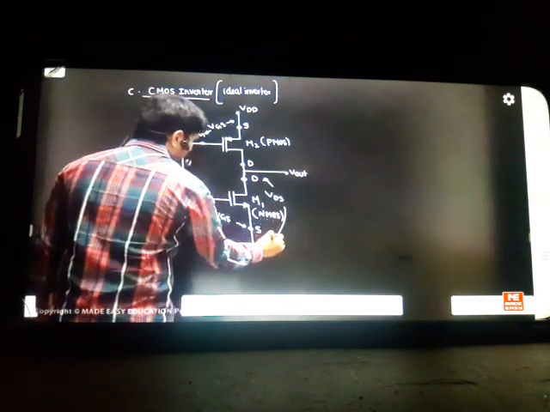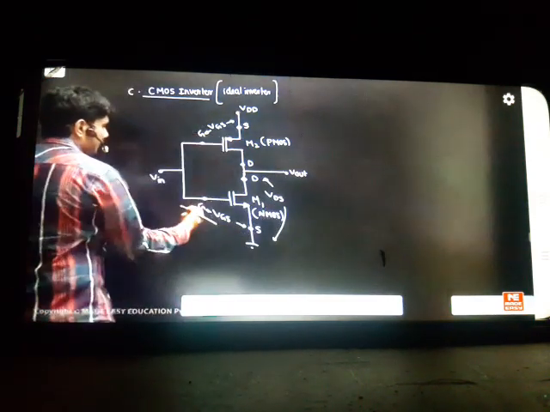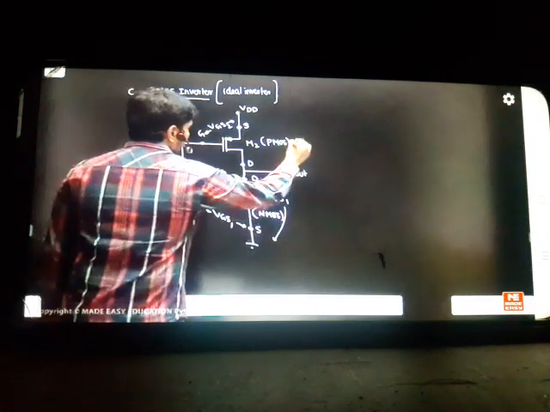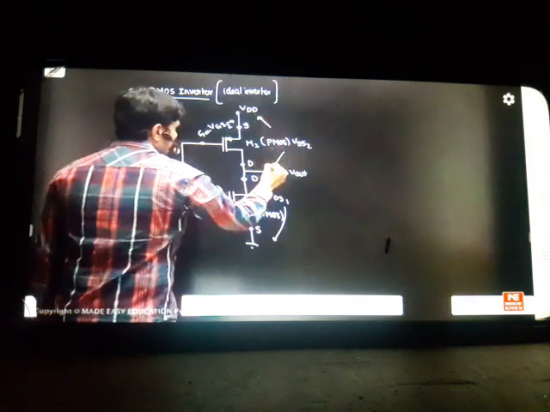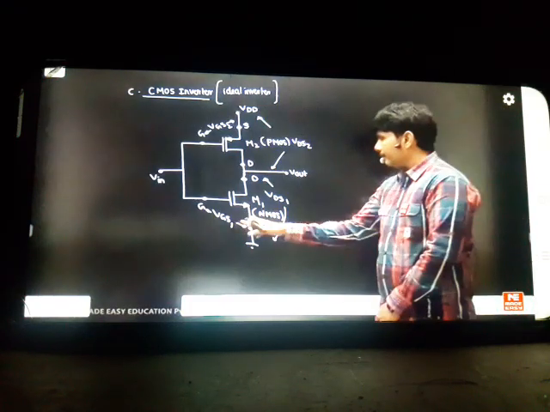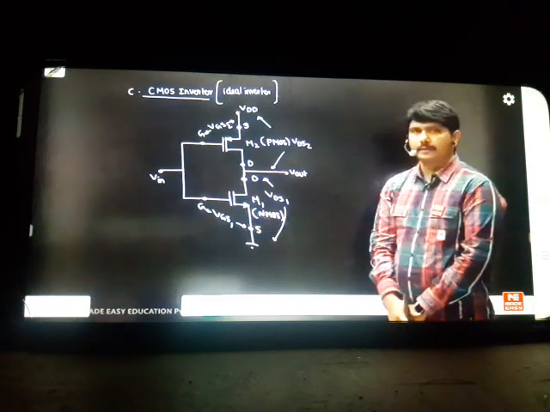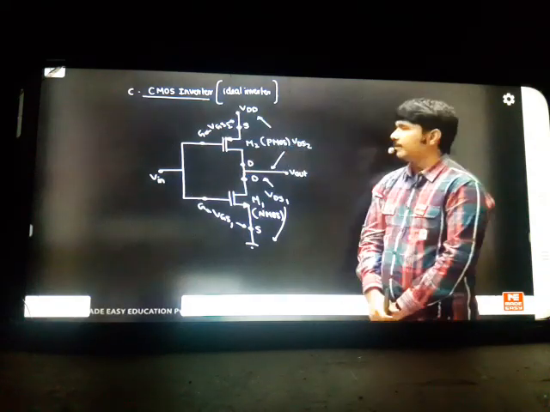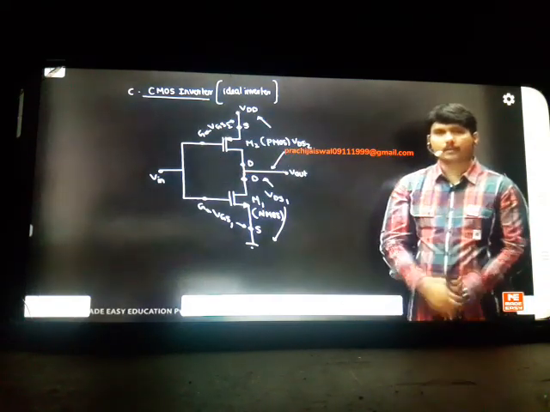This is VDS. But have you seen that these VGS are different. This VGS, we'll keep it as VGS1. This we'll keep it as VGS2. And we'll write this as VDS1, and we'll keep this name as VDS2. Correctly, if you see, all these drops are different from the board. Carefully understand the drops first. VGS1 is nothing but input minus 0. But VGS2 is nothing but VIN minus VDD, you have to take from here. That's why the VGS drops for PMOS and NMOS are not the same.